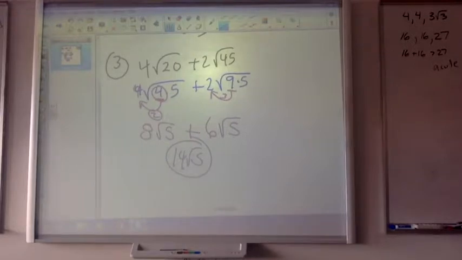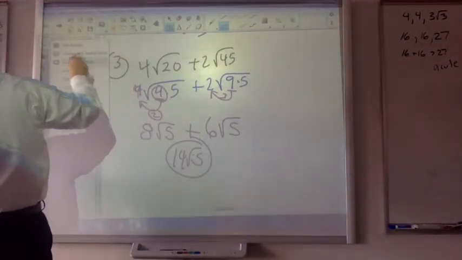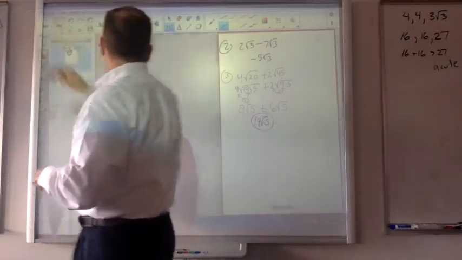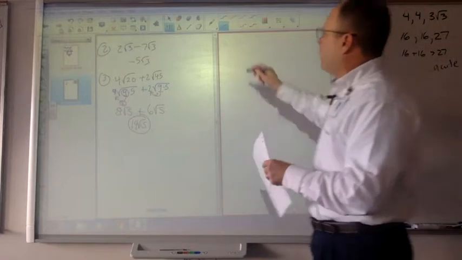All right, let's take a look at problem number 4. I'm actually going to do this on split screen. Dual page. All right, so you can see what we did there. So number 4